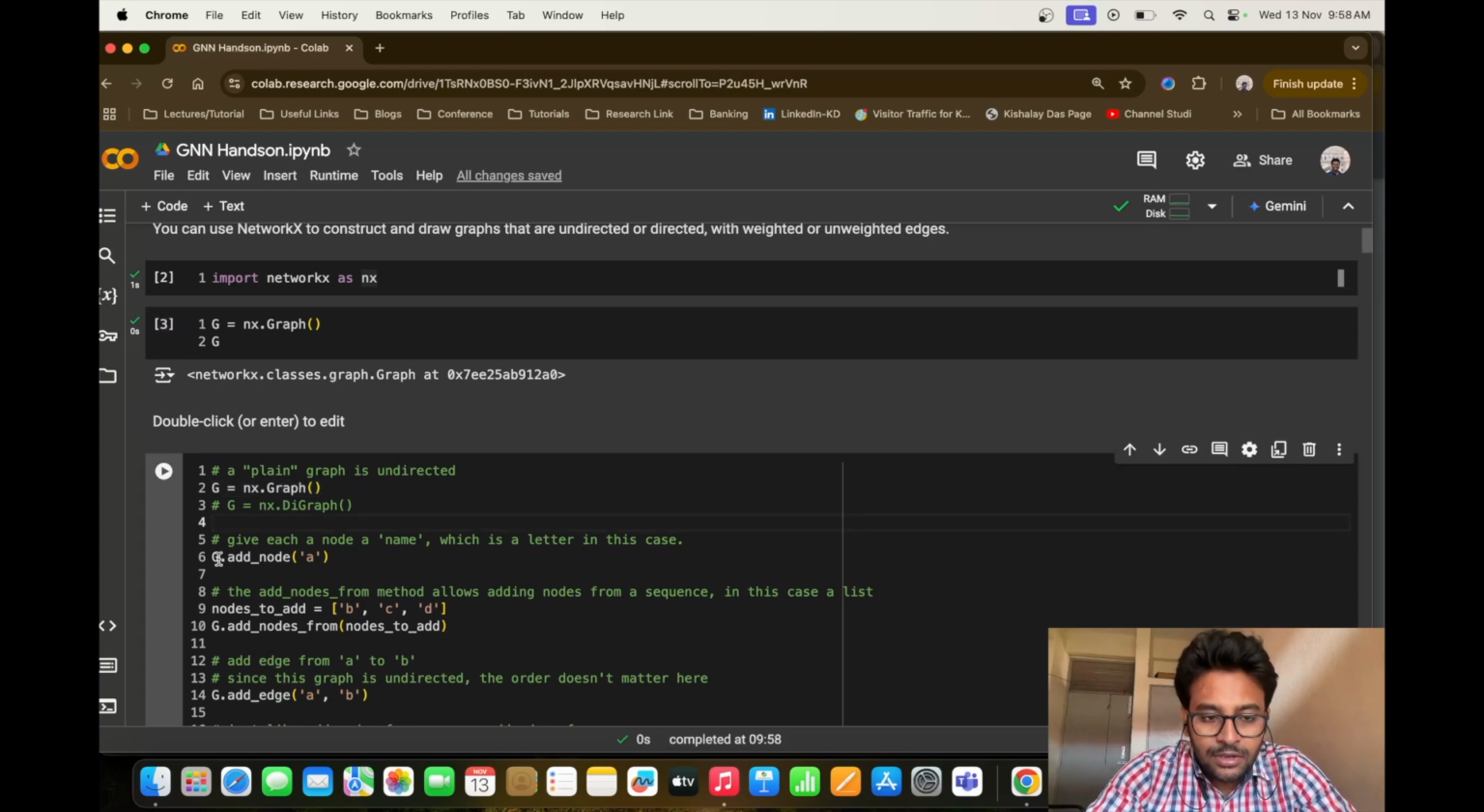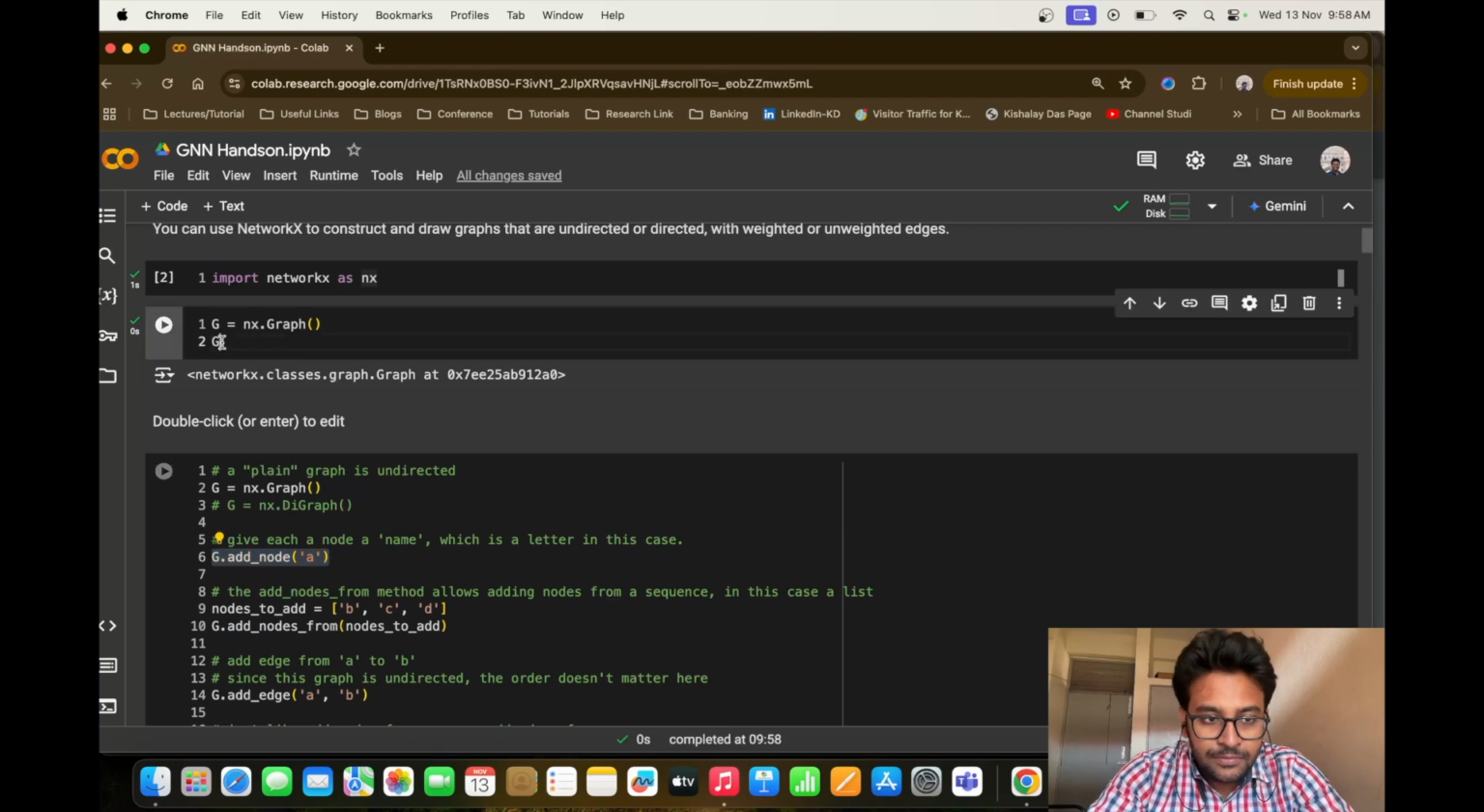Then suppose we want to add a node whose name is e. So you can just do g dot add